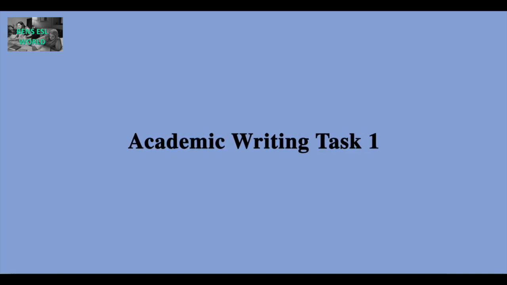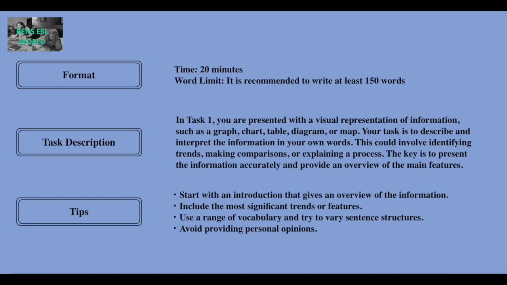Academic Writing Task 1. Format. Time, 20 minutes. Word limit. It is recommended to write at least 150 words. Task description. In Task 1, you are presented with a visual representation of information, such as a graph, chart, table,